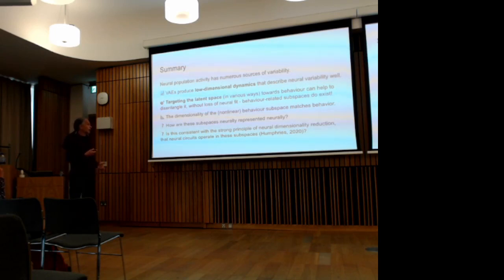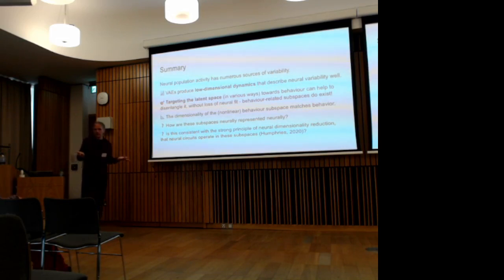Quite generally, the dynamics and the information that VLAs can give us about neural activity is very useful. It describes the variability very well, but it has this problem of entangled latent spaces. And what we've done here is by targeting this latent space in some way, and there might be many other ways how you can better do latent space discovery in these types of models,